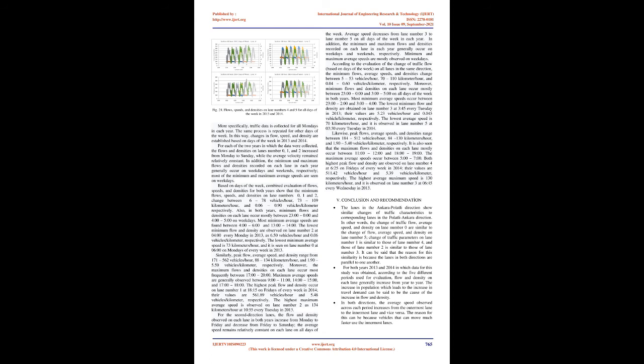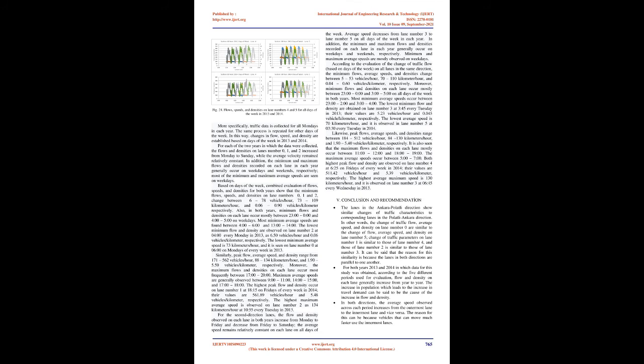In addition, the minimum and maximum flows and densities recorded on each lane in each year generally occur on weekdays and weekends, respectively. Minimum and maximum average speeds are mostly observed on weekdays. According to the evaluation of the change of traffic flow, based on days of the week, on all lanes in the same direction, the minimum flows, average speeds, and densities change between 5–53 vehicles/hour, 70–110 km/hour, and 0.04–